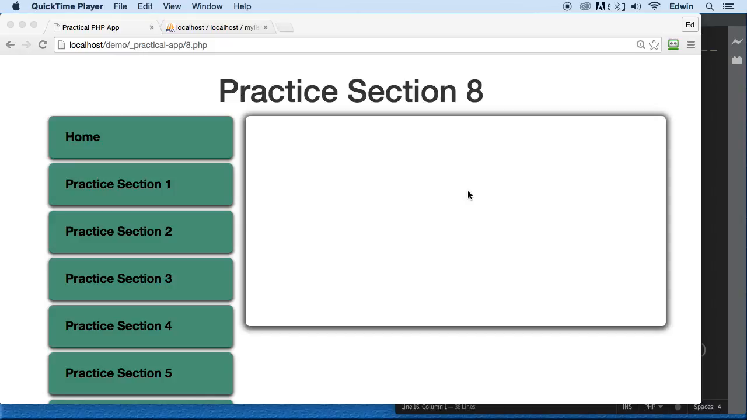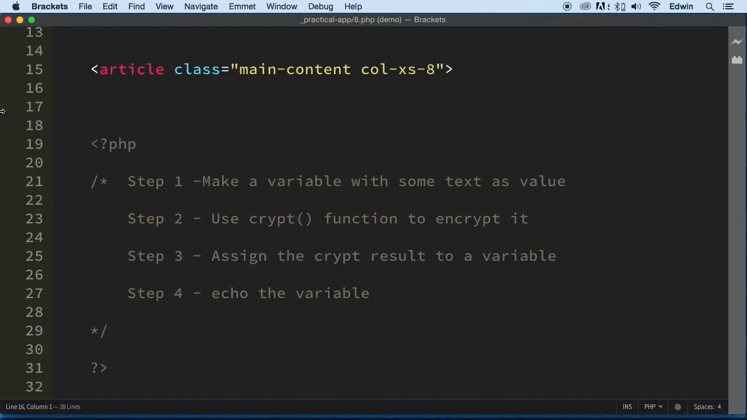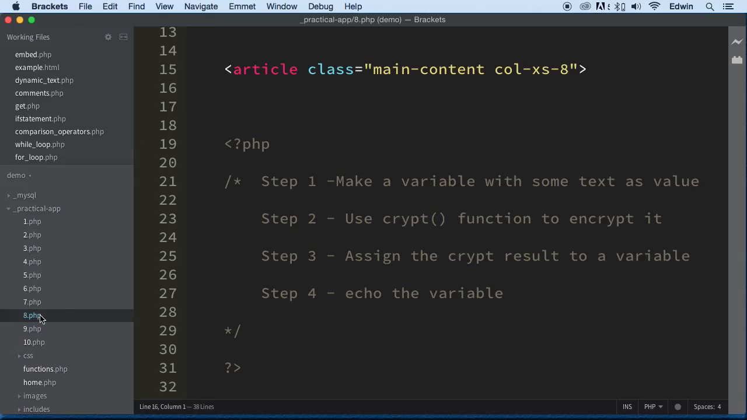I'm really happy that you made it this far, and you should be learning a lot. In this section, we're going to be doing password encryption. Let's go to our document, to our file, Practical App, under Practical App